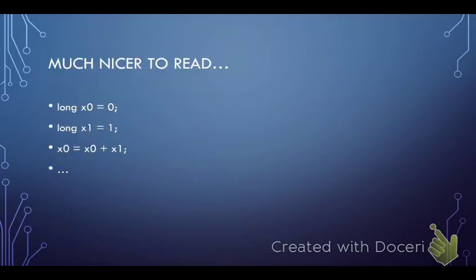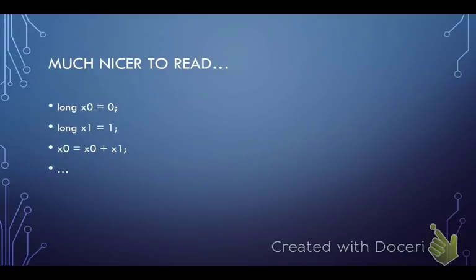All right, so moving on from there, because we have this wonderful thing called a high-level language and a compiler, we can do similar things to what we just did in assembly language, using syntax that's much easier to read, right? So here we've declared two longs, x0 and x1, and these will be 64-bit values. We've assigned to those variables the values 0 and 1, and then we can use simple arithmetic-looking operators in order to compute those values.